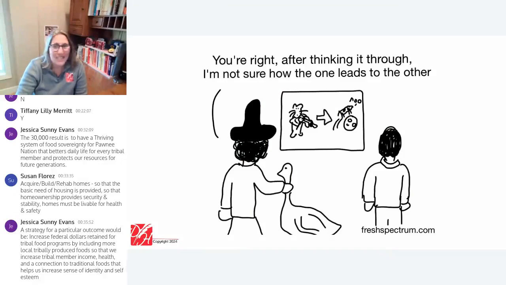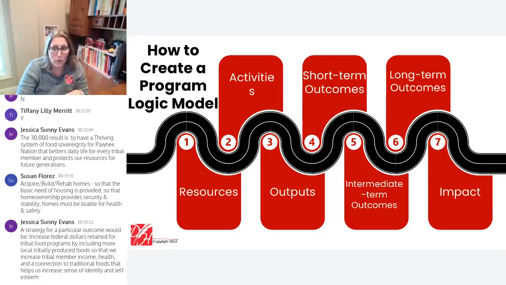There is no perfect one way to approach logic models and theories of change. Having both, whether you started with logic model and went to theory of change, or whether you started with theory of change and went to logic model, having both is your ideal for an application to ensure that you are writing in the way that is truest to your organization's strategic mission and vision.